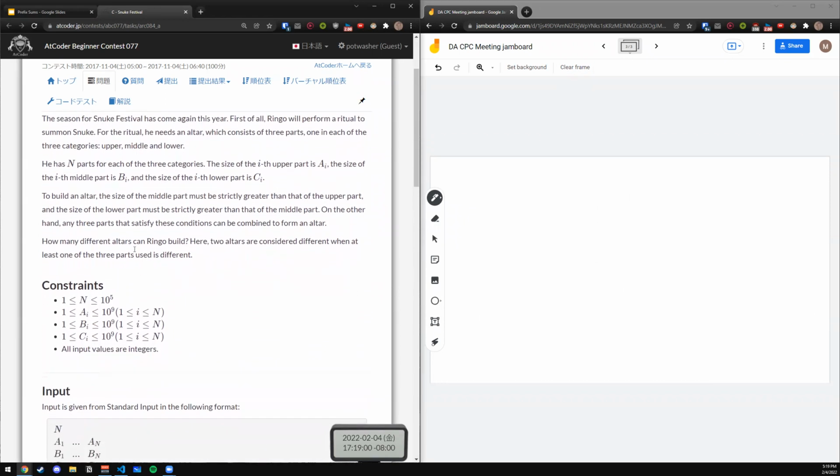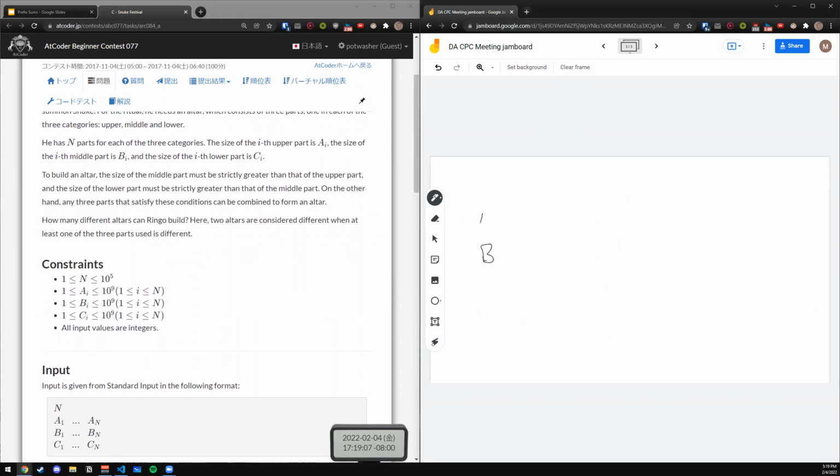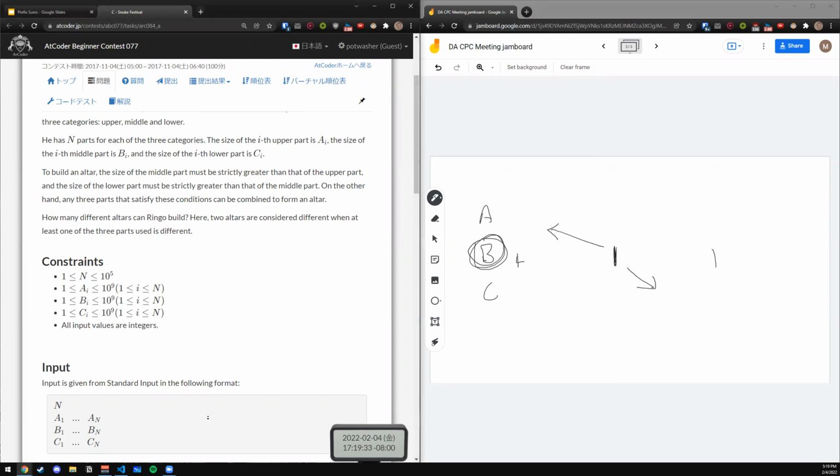prefix sums. And then just the binary search solution would be: you have the B values, you have the A values, you have the C values, and then you can start with the B values and find all parts that are strictly less and find parts that are strictly larger. So this is the simplest solution, which is definitely better and a lot easier as well, but you can